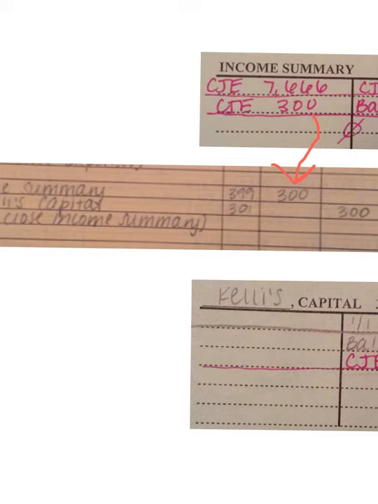What's the other side? Everything is being closed to capital. That's why this $300 will have to go to capital. If you think about it, capital, when you credit, it will go up. And if this is my net income, so it's gonna be increased. Be careful, if you have a loss, your income summary will be kind of flipped. So your expenses will be heavier than revenues, and then this journal entry will be upside down. You will have to debit capital to reduce it, and you will credit your income summary. Okay, let's take a look at the